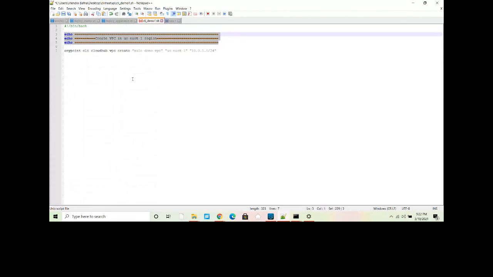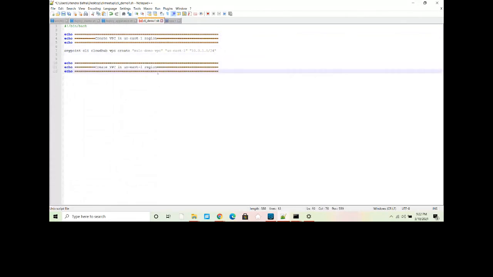Then the next command: I want to associate an environment with my VPC. So I will say associate environment with VPC. There is a command for that. You can search for it, so let me find that command. If you see VPC environment add, you can copy this command.